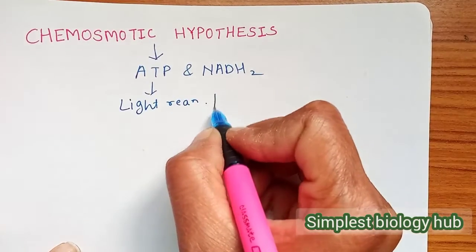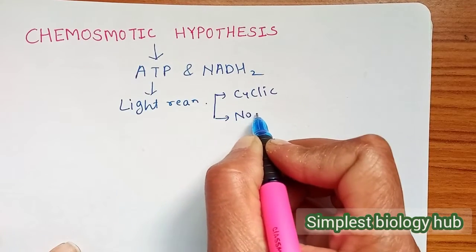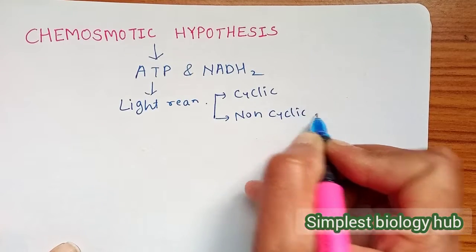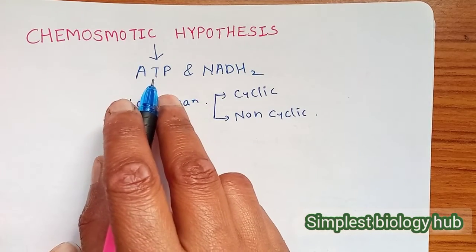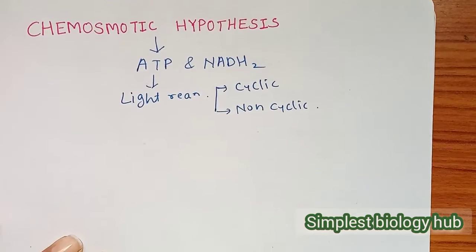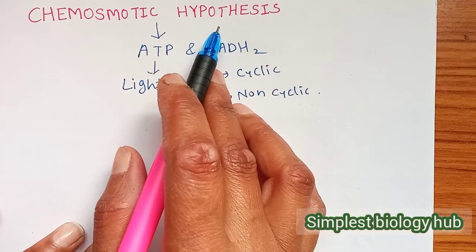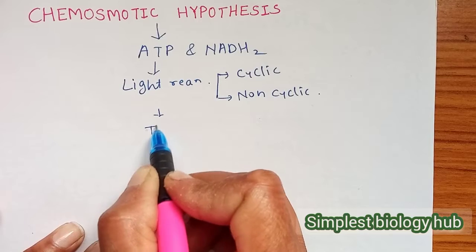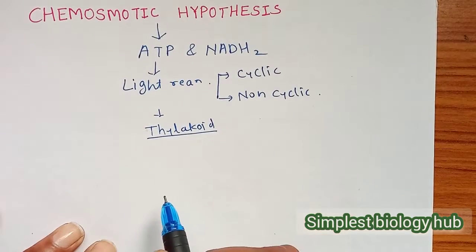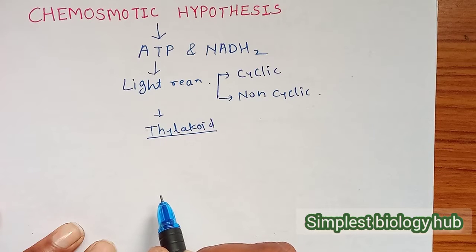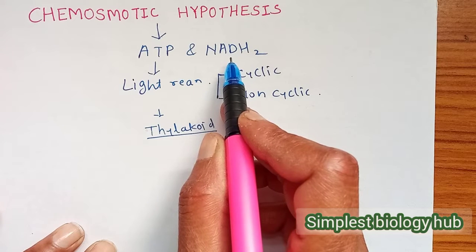that we call cyclic and non-cyclic photophosphorylation. These both reactions are responsible for the formation of ATP and NADH2. So obviously, the chemiosmotic hypothesis also is performed inside the membrane of the thylakoid. In this video, we clear all the things: where the actual process of ATP formation or NADH2 formation takes place,